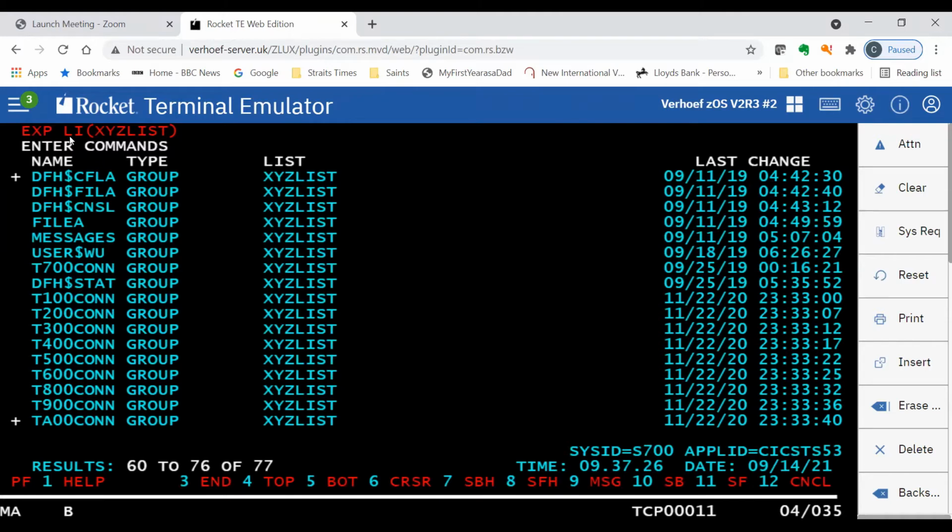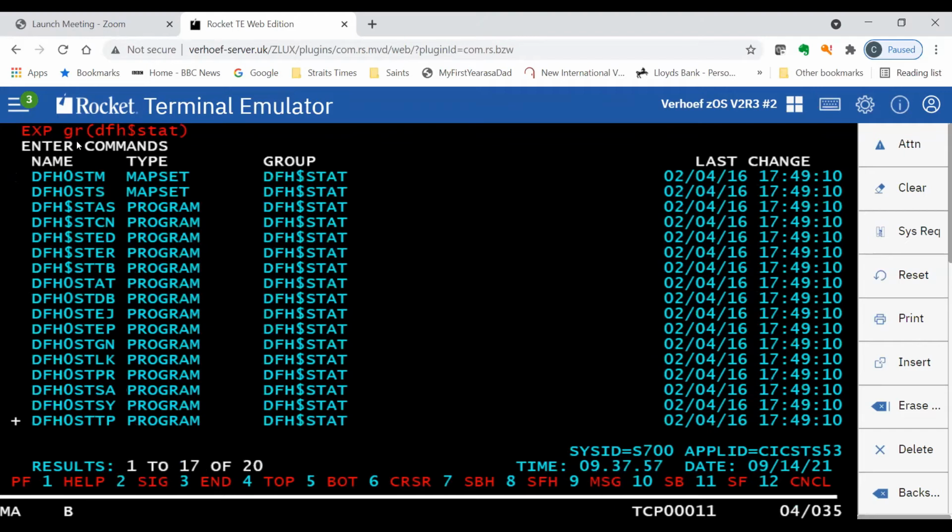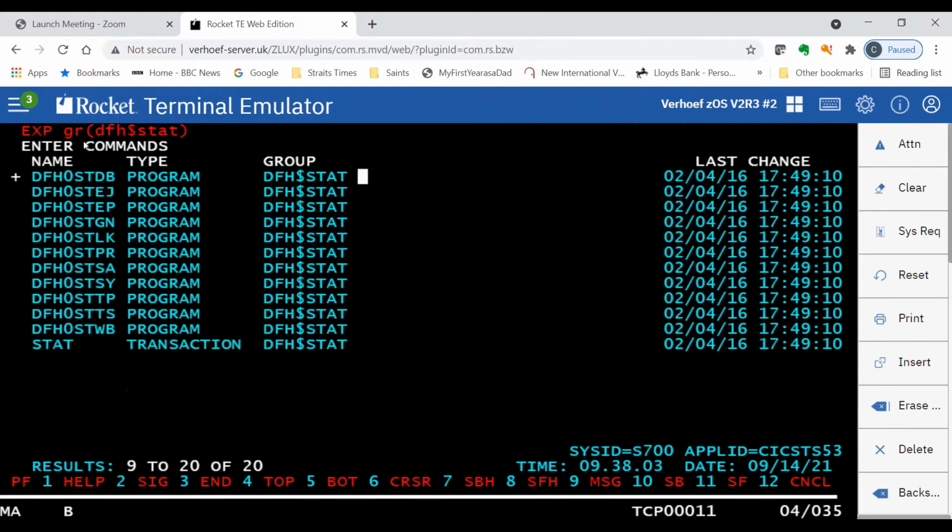I'll just show you that group, so you know what's there. DFH$STAT. All right. Make sure you've got this there because you'll be running the STAT transaction. If you don't have it in your list or it's not installed, you won't be able to run it. So now understand that anything with DFH$, and there are many of them,